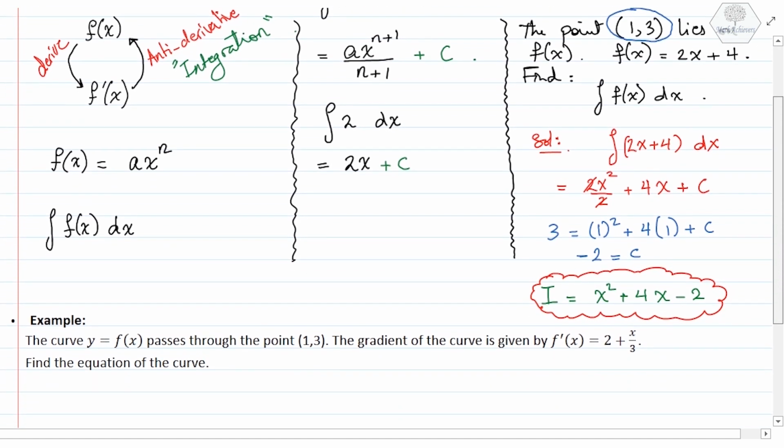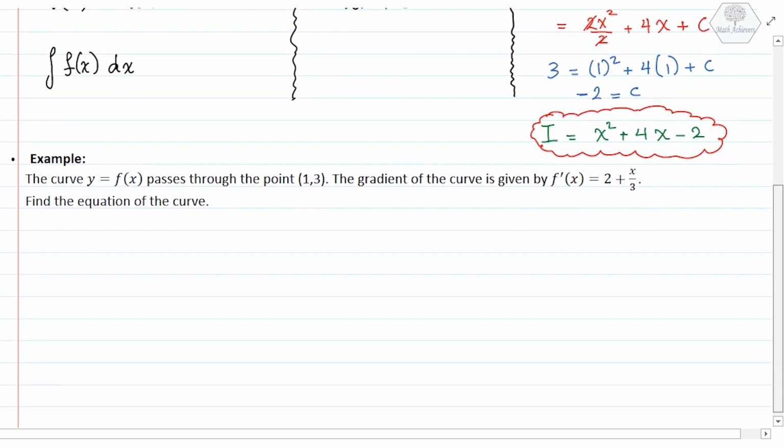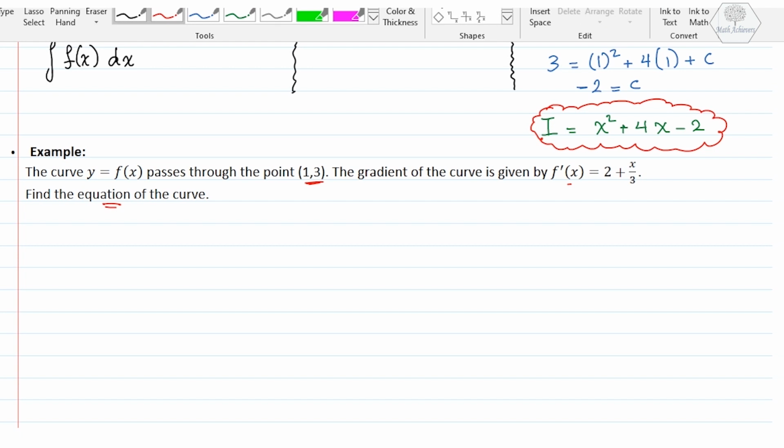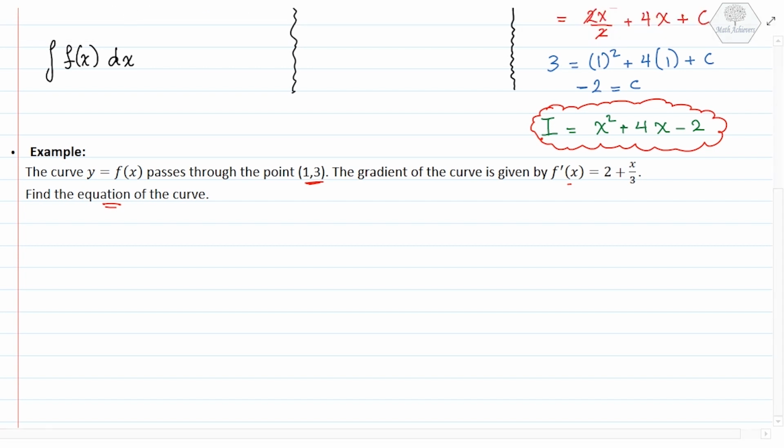Let's have an example now. The curve y equals f of x passes through the point 1 and 3. The gradient of the curve is given by the function. You know always that the gradient of the curve is f prime of x. This is f prime of x equals 2 plus x over 3. We need to find the equation of f of x. So now, f of x, for the answer,